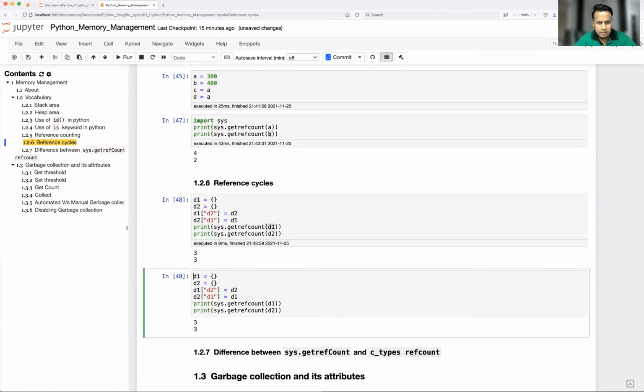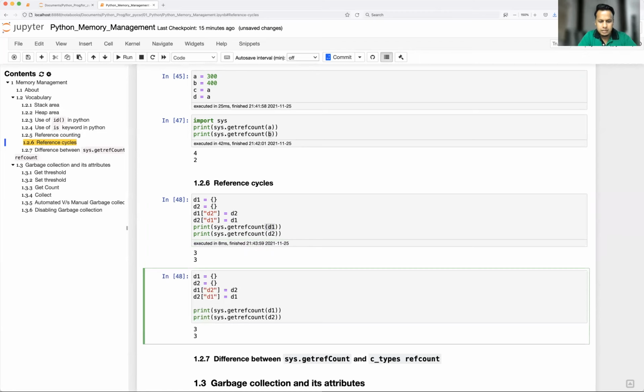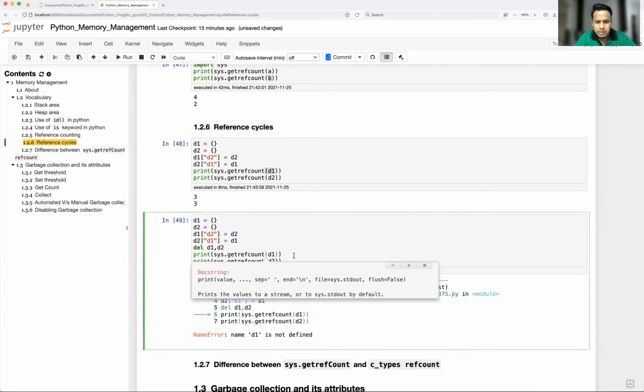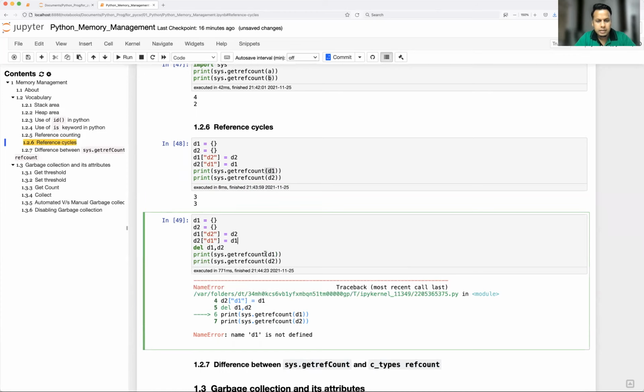Now let's see what happens if you delete D1 and delete D2. Sorry. Okay, which object is it taking? Sorry. Get reference count. Oh, we have deleted, but we are referring, right?